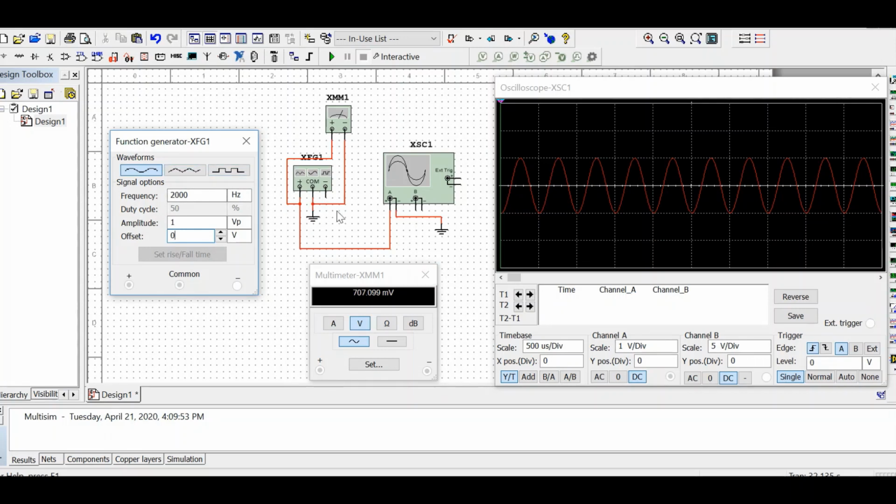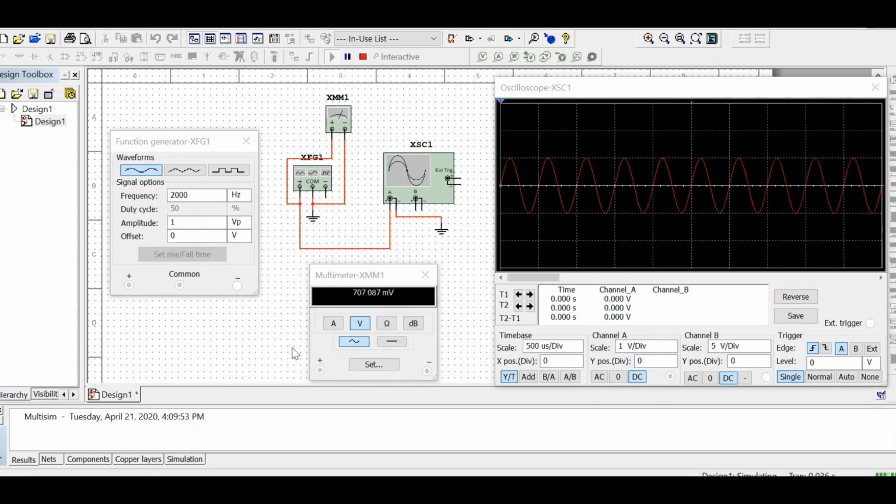And one more thing that I did is I also attached the digital multimeter here. Since I need volts, I have to keep it at V, and here's the AC and DC. If you want the average value, you have to keep it at this straight line or constant, which shows DC. If you want average, you have to keep it here.